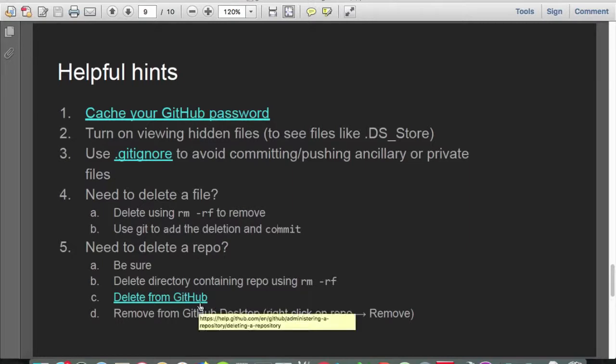And these are instructions in the slides of how to delete a repository. You go to the options, and then there's a cleverly titled section in the settings called Danger Zone, and there's a button you click to delete the repository, and it'll run you through some hoops because, again, recovering the repositories after they're deleted is problematic. So it'll ask you to, I think, put in your username and then your password also to confirm that you want to delete. And then in GitHub Desktop, you'll want to right-click on the repository here,